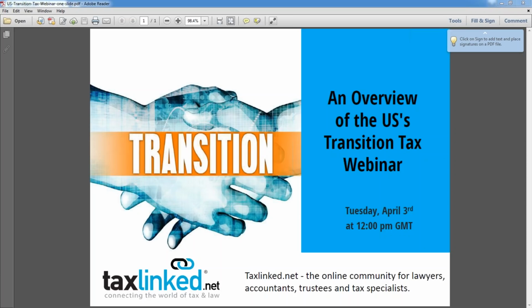The second part of the answer, though, is on a technical level, and this is extremely important for people to understand. There's good news and there's bad news. The transition tax actually could make renunciation less expensive for what are called covered expatriates. Without going into all the definitions of covered expatriate, if you're not a dual citizen from birth and you have assets of over $2 million US, you would be subject to the U.S. exit taxes, which are complex, but would include a deemed capital gain tax on various assets,